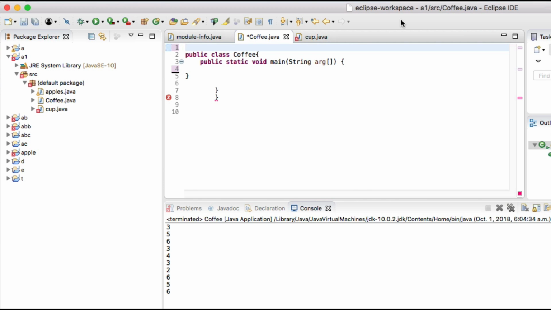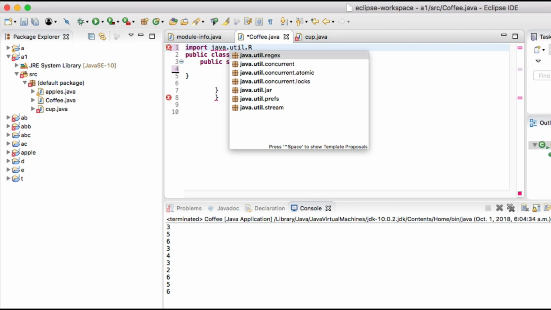In this video we are going to see an example of a random number generator. First we have to import random. To import random we put import java.util.Random,